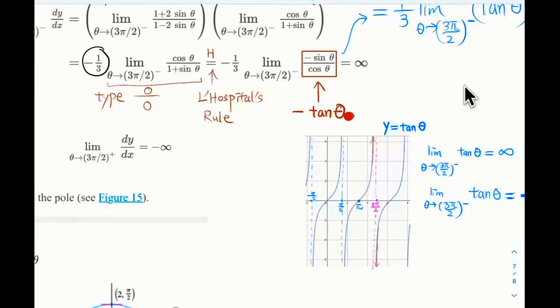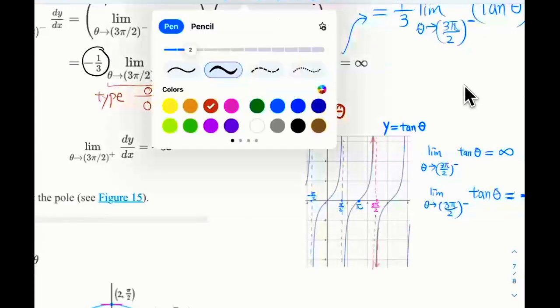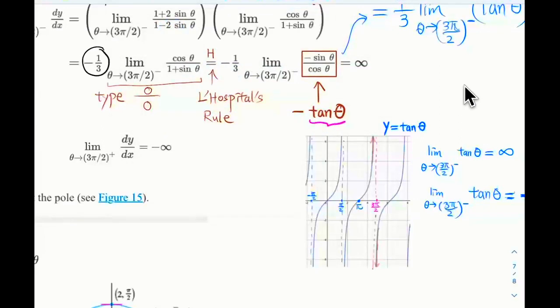Oh, tangent theta goes to positive infinity, right? So let's see. Tangent theta goes to positive infinity. The negative tangent theta goes to negative infinity. And then because of the negative sign over here, negative times negative is positive, so it goes to positive infinity. So just remember, negative times negative is positive. So this goes to infinity, then the things here go to infinity. So that's why infinity. Okay, and